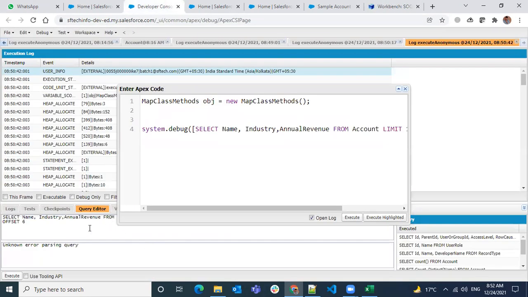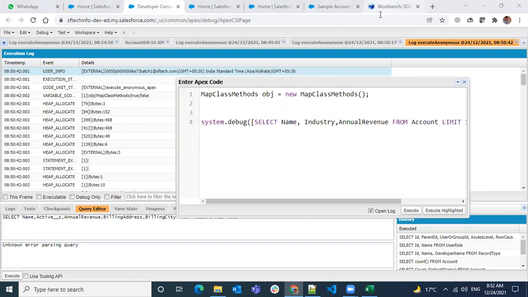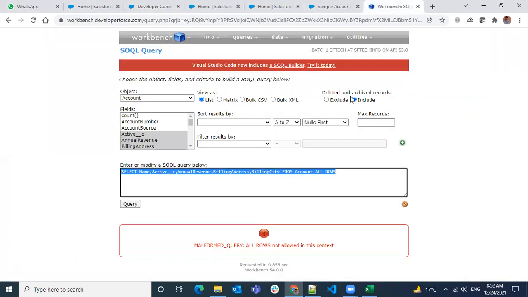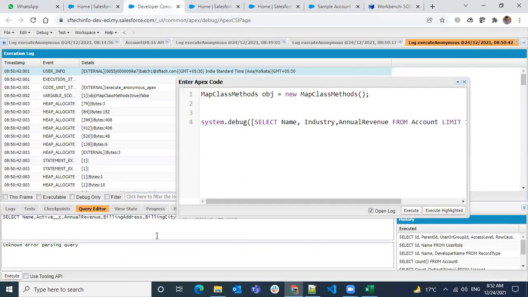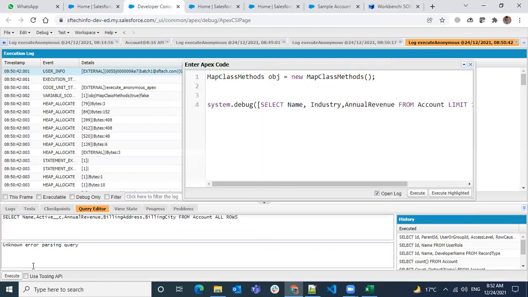So what I will do is use this one. By default, it has a feature to exclude or include, which overrides the all rows feature. So I will use ALL ROWS here and query. Again, we are getting the same thing.